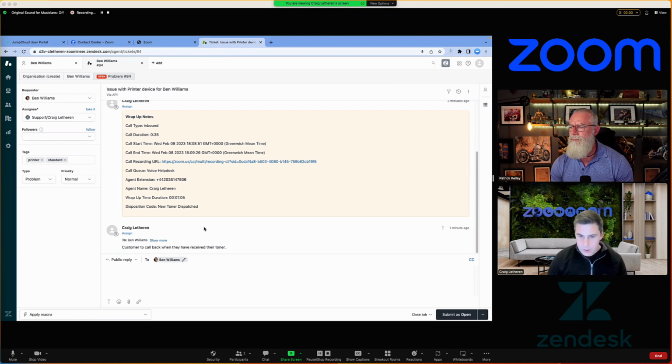So just to explain again, what's happened there is that Ben has called back into the help desk in order to get an update on his ticket. We've identified that there is one ticket open, so the flow has made an assumption that actually there's a ticket open and probably they want to talk about this ticket. So we give them the option: do you want to talk about this ticket? I chose yes, and then we put them through a slightly different direction in the flow, which is to pull